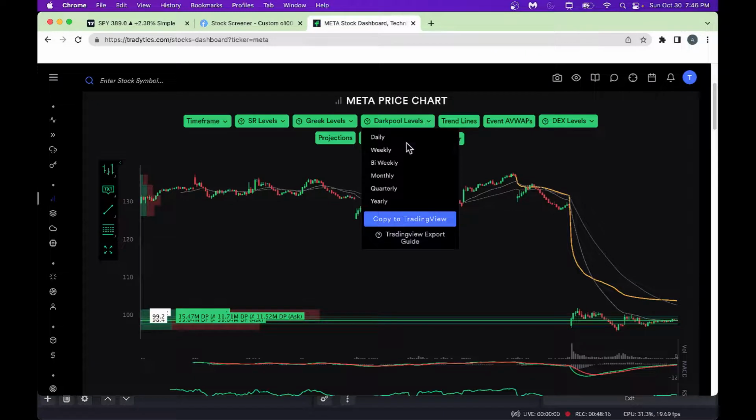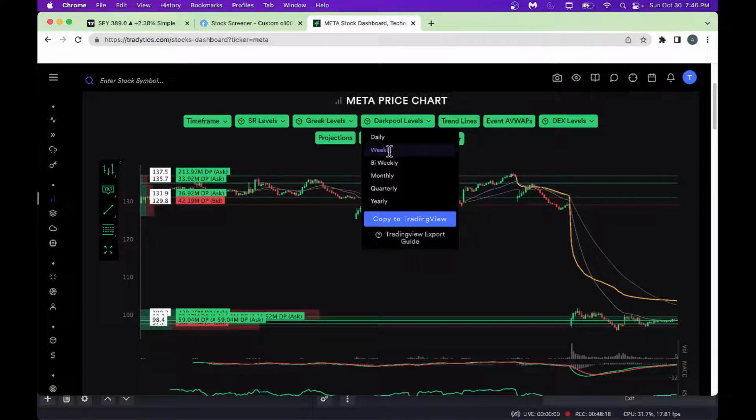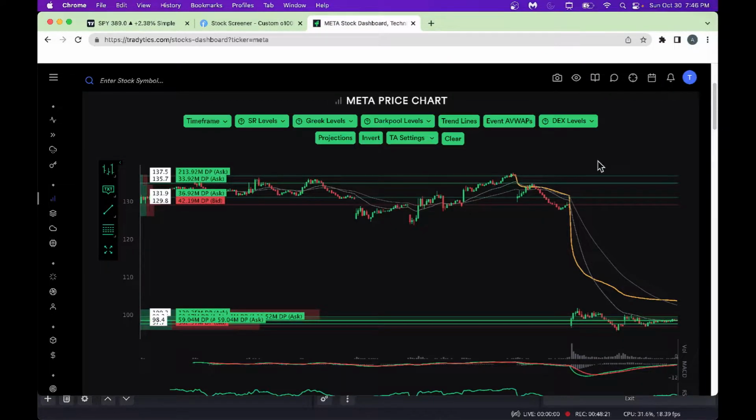You could also look at the weekly levels here. If the daily is too restrictive, look from a weekly perspective. We got nice ask levels here at 213.92 million. Folks are really waiting. They put a lot of money here, so there is a chance this can bounce back. And there's also good money here. There is some bearish bet here at about $129, but looks like there is a lot of bullish bet here. That's why the stock can go higher, because there's a lot of money at the higher levels, which is really bullish money sitting there. All right, so you could clear this here.